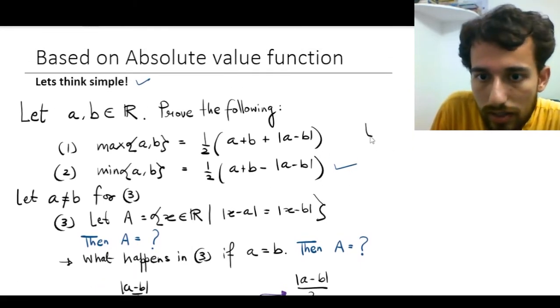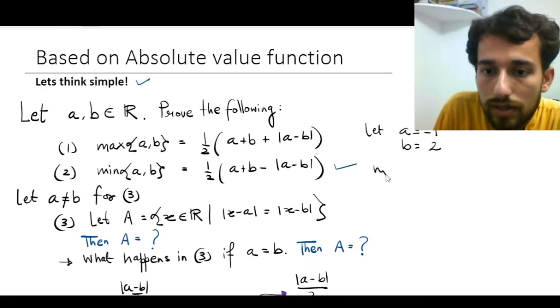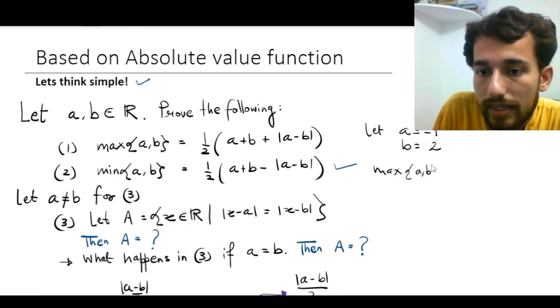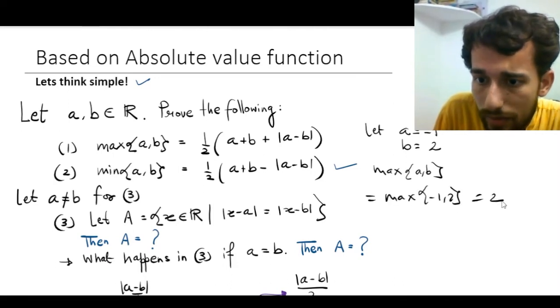Suppose let me choose my a to be, say, -1 and b, say, 2, then I know the max of a and b, which is the maximum of -1, 2। तो यहाँ पे इनमें मैक्स क्या है, 2 है, मेरे को दिख रहा है।